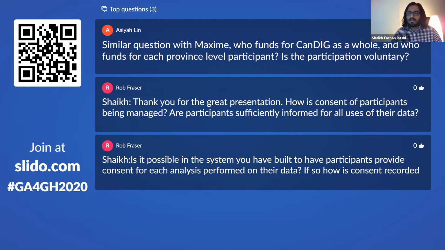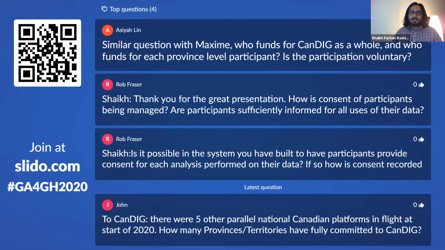I can say though that we are building extensive monitoring and logging infrastructure as part of this CanDIG platform that will help us to track data usage without looking into the data itself, of course, but looking at the usage of data with respect to computational resources from a performance metric standpoint. That performance metric data could very well play a part in the cost analysis and billing that would need to be done as part of that cost recovery.